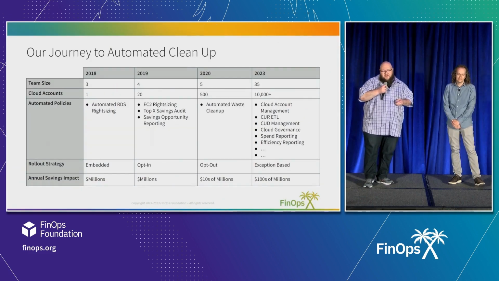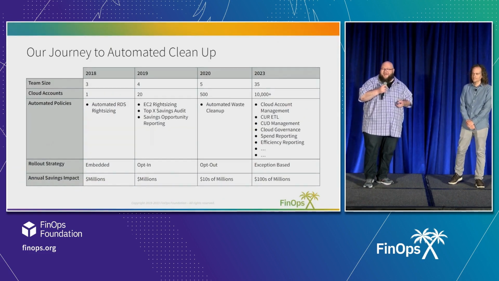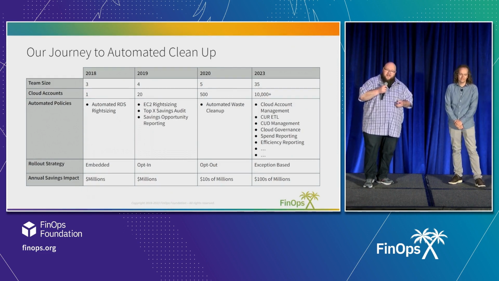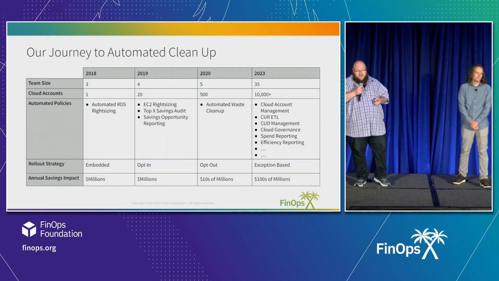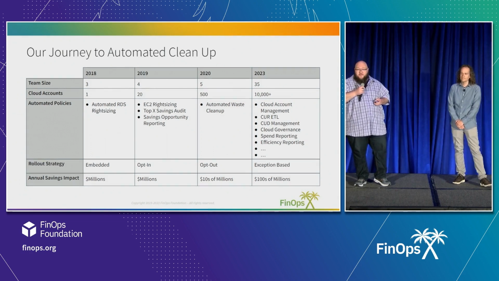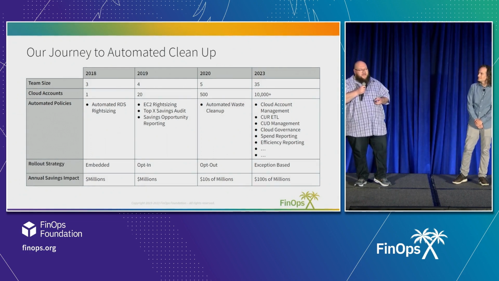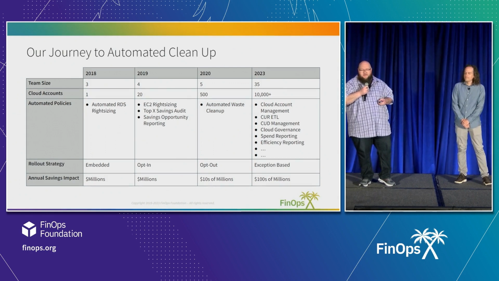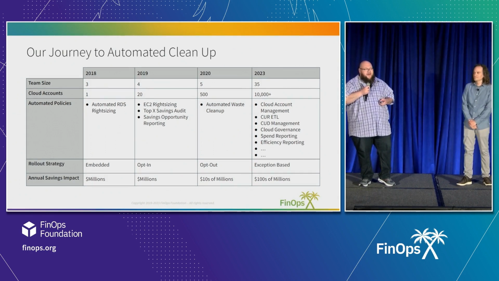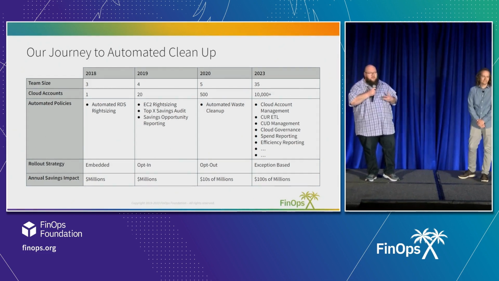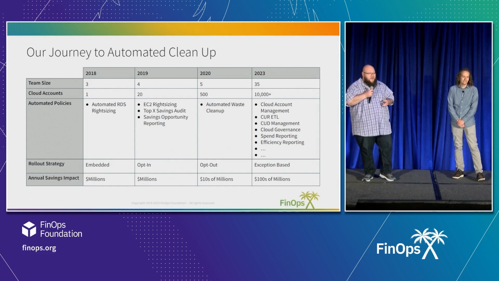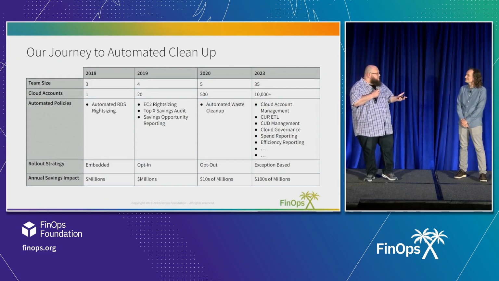So we thought we'd first talk a little bit about how we went from automating on one cloud account to 10,000 cloud accounts. This started in 2018. We were a team of 3, and we weren't thinking about FinOps or cloud efficiency. In fact, our charter was to be a database services team. We were going to be database architects helping product teams with performance issues, and we only had one project that we worked on.